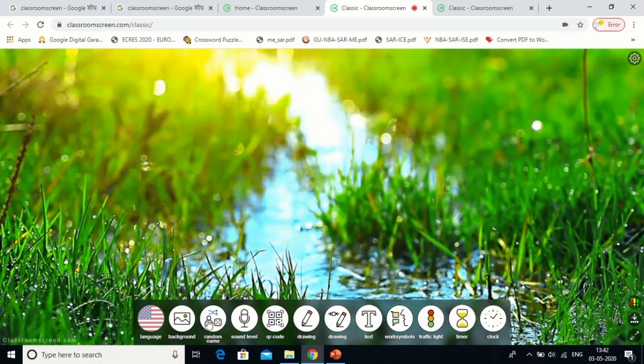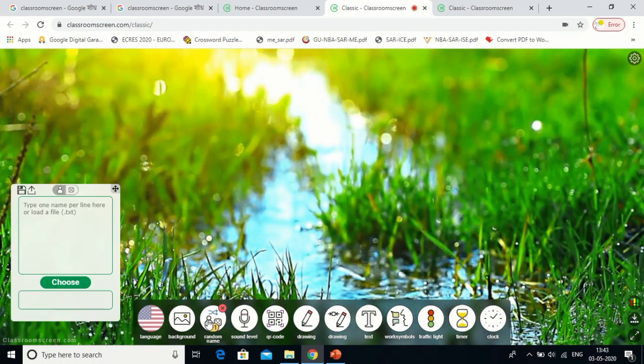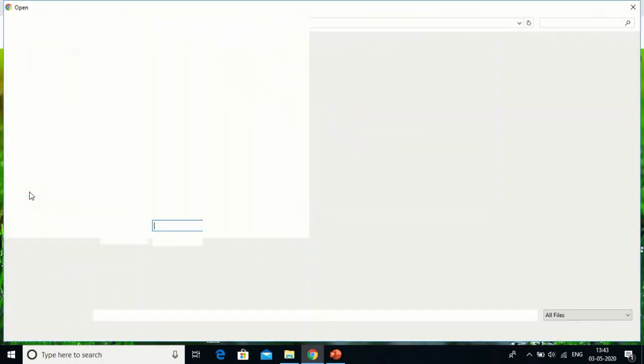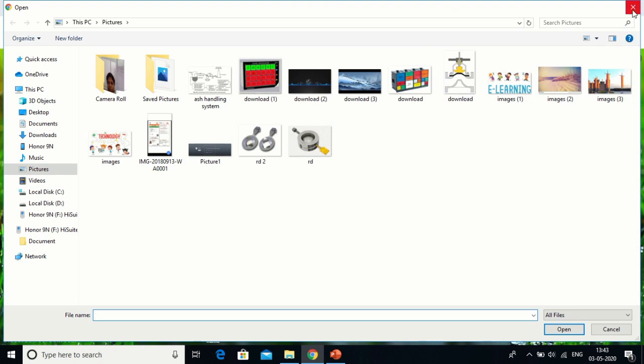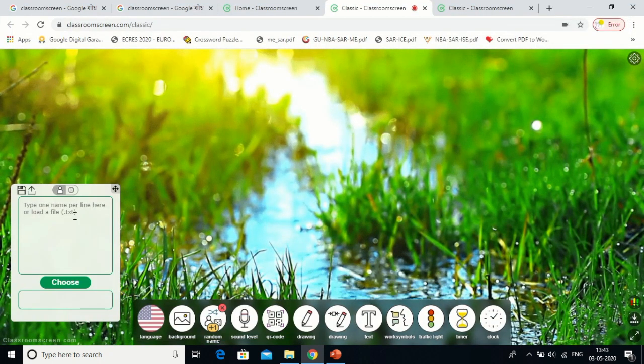Now random names, if you want to pick up and ask them a question, or dice position if you want to play. Suppose you don't have a roll list available and you have to randomly select a certain student. So this is an upward arrow, as you can see. This arrow will help you to click on that and get the roll call available on your website on your desktop, or simply you can type Ram, Sham, the names of the students, Suresh, Ramesh, Vinita, then Binita, and so on.